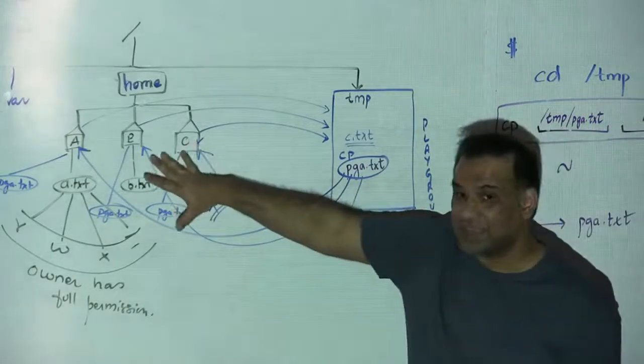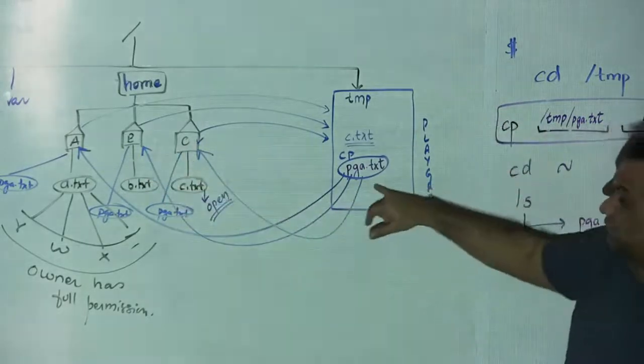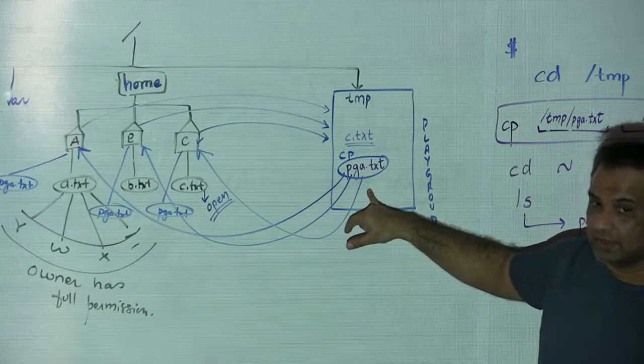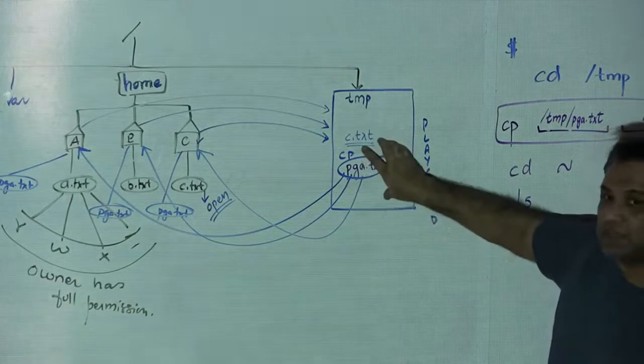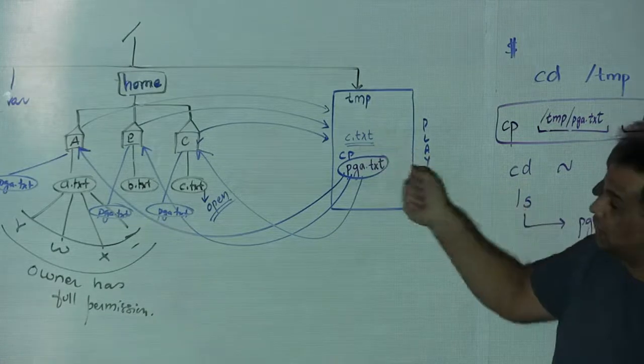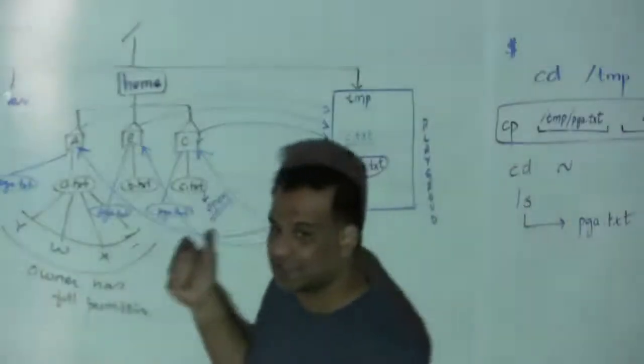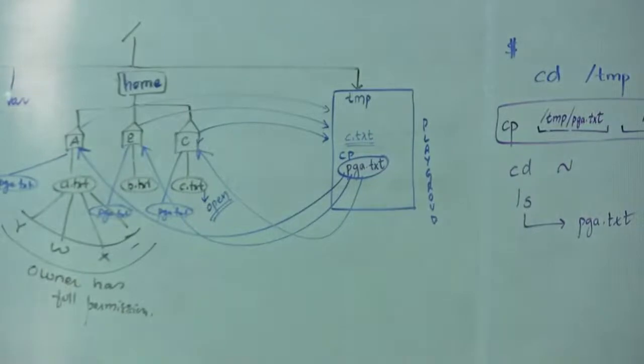They're not giving the keys. Whoever is the owner of the PGA, they don't want to reveal. They say, hey, you cannot come to my home, but what I can do is put that into the temporary playground area. You can go there and pick it up. And that's exactly what we did. Are we all okay now? Okay. So now,